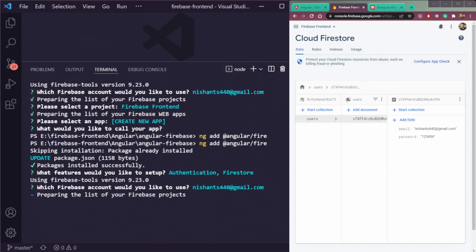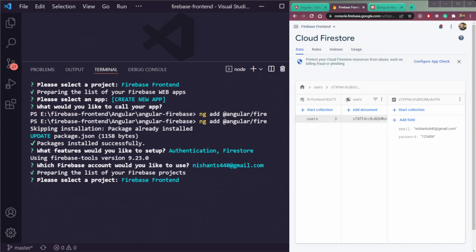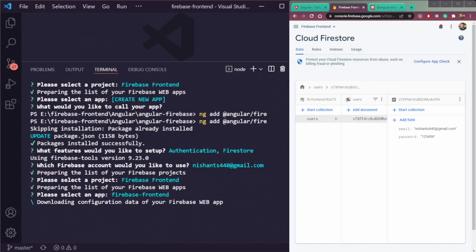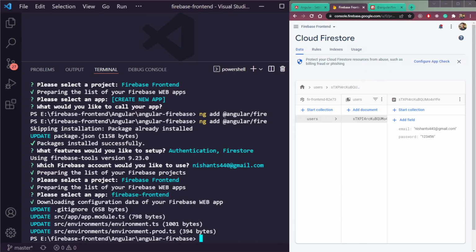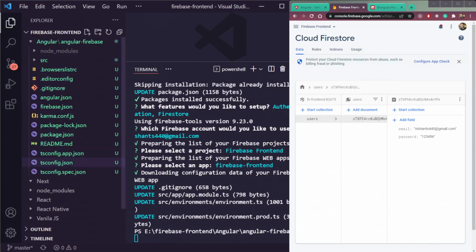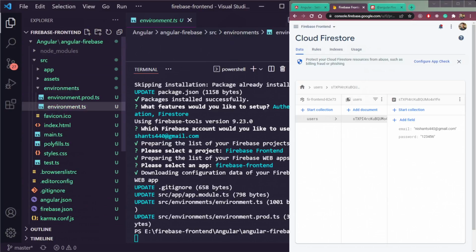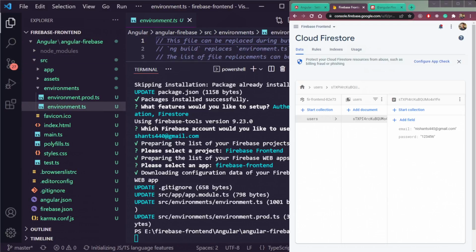Yes. Email is this. Let's choose the project name Firebase frontend. So we need this. Just use arrow keys to navigate. We don't need to create a new app. If you don't have any app here in Firestore, you can create it. So it's downloading configuration data and it's done. And if we check our, what is it? In the src environments folder, environment.ts, we will see our